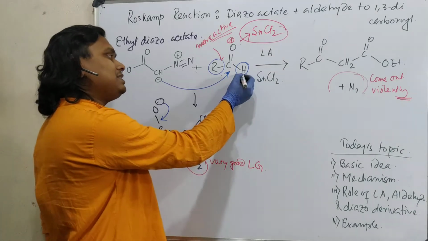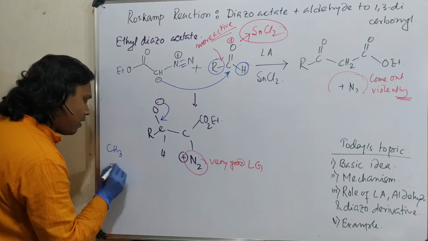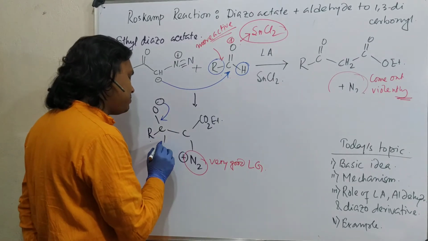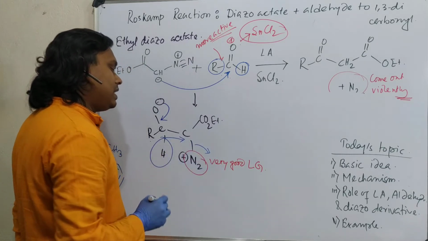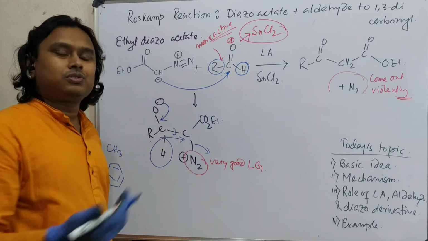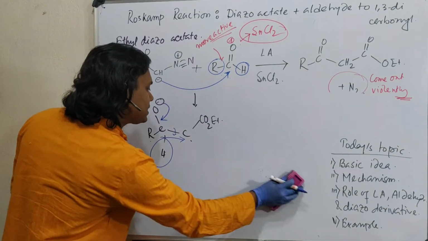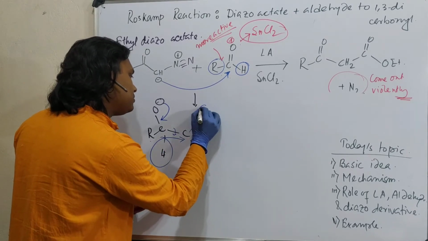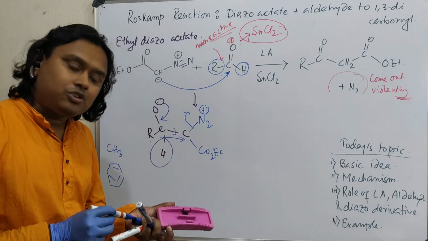Aldehyde means one part is H, fixed. Either you can take aliphatic, for example acetaldehyde CH3, or aromatic like benzene. Whatever the case, hydrogen has the maximum migratory aptitude. Ultimately it will leave. I haven't shown here, but the C-C bond rotation is allowed, so this nitrogen could be opposite also, such that the sigma star overlap gets better. If you don't get it, please don't get confused. So in this way, nitrogen elimination will occur.